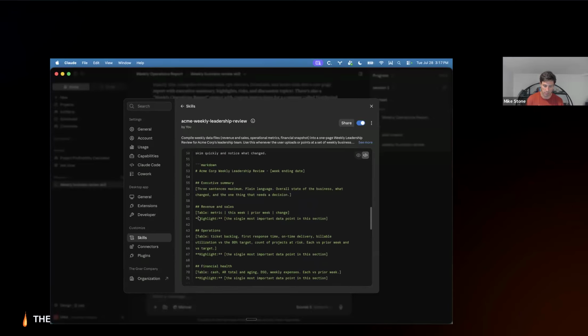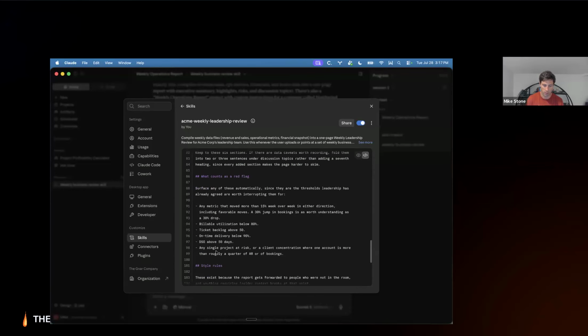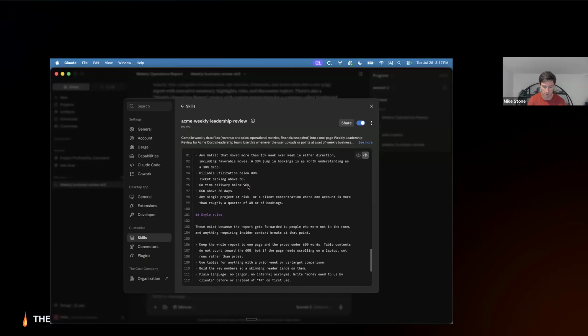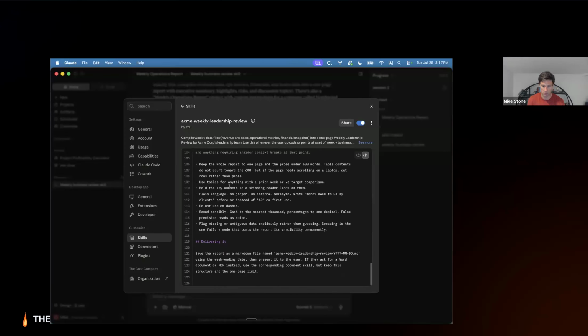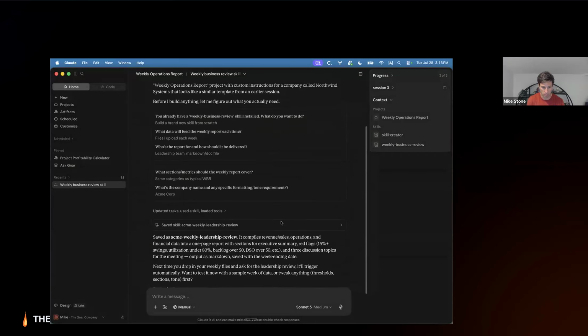We have a template for how we want the report written. It has some other information around what counts as a red flag, so we're only pointing out red flags when we actually have them, and some style rules and how to deliver it. I'm just going to copy this skill name so I don't get it confused with the other one.